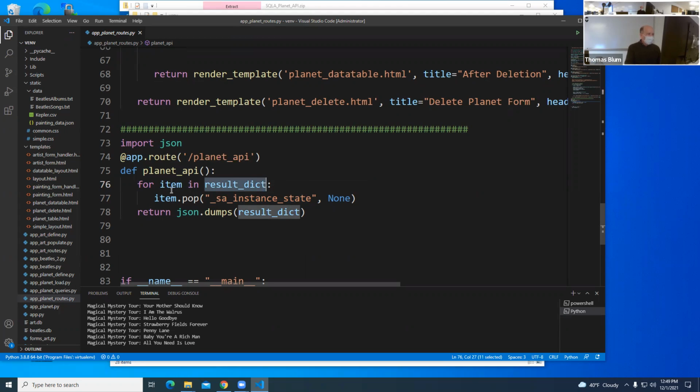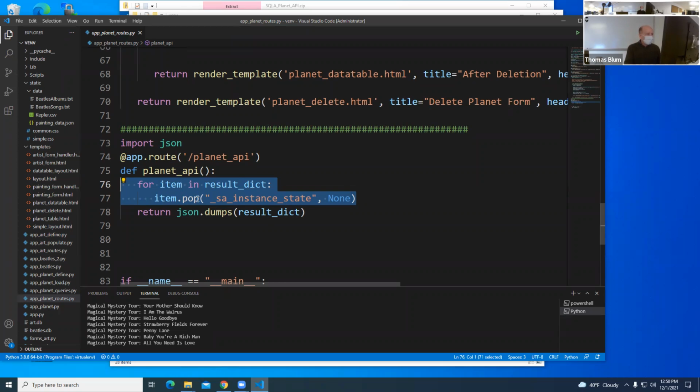And I'm looping through that list of dictionaries, and I am getting rid of this property. It's not only that I didn't want it, it's that it didn't work with it. So it's not just me being finicky. It wasn't working if I had this property, so this is me getting rid of that weird property.